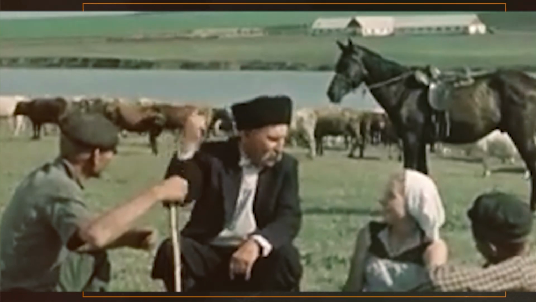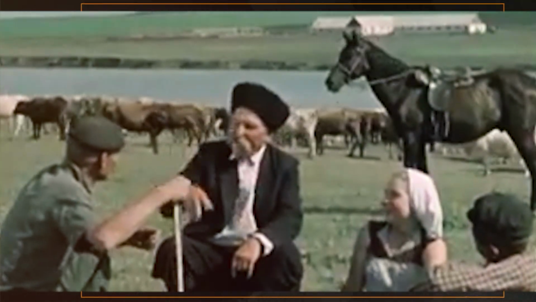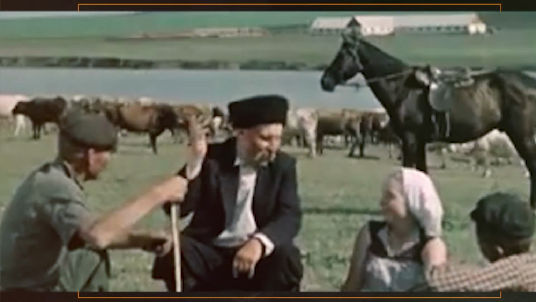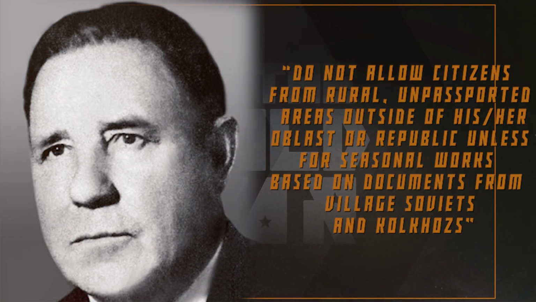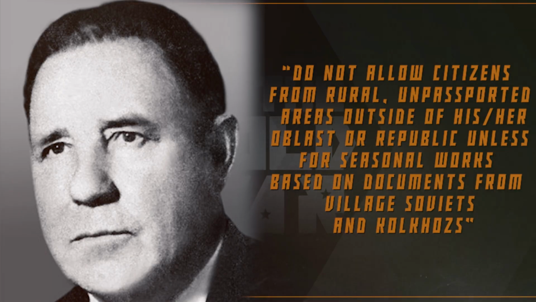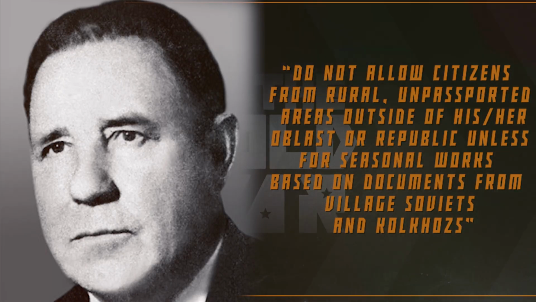For the Corn Lord's agricultural plans to succeed, that's the Virgin Lands campaign you'll recall from our earlier video, Khrushchev knew that he could not let agricultural workers leave the farms, which would happen if they were given passports. Kolkhoz workers generally had poor living and working conditions and would likely take advantage of the opportunity to leave if given the chance.